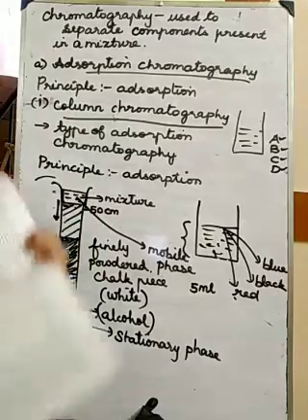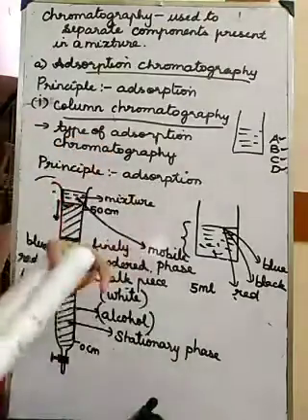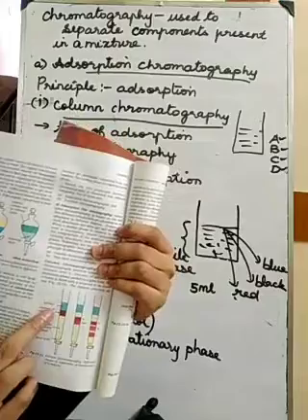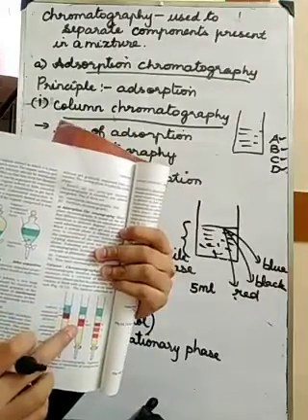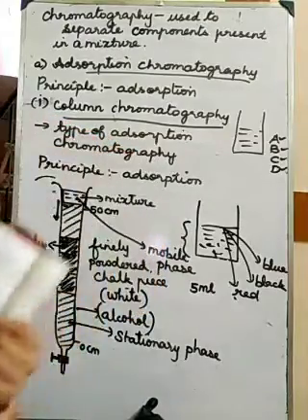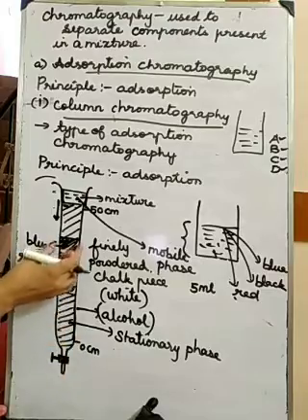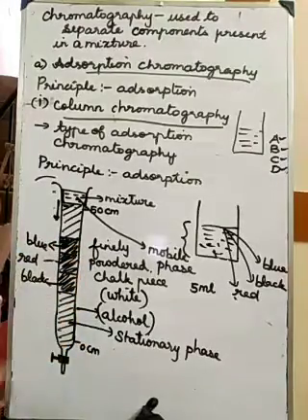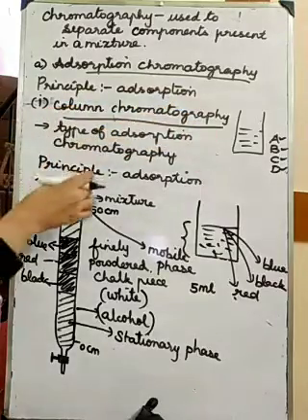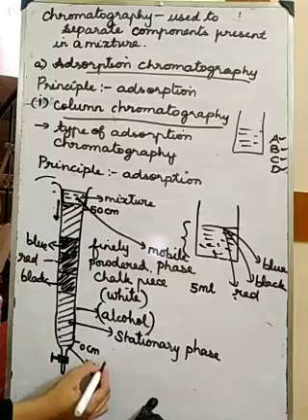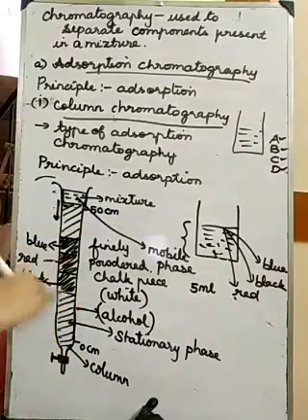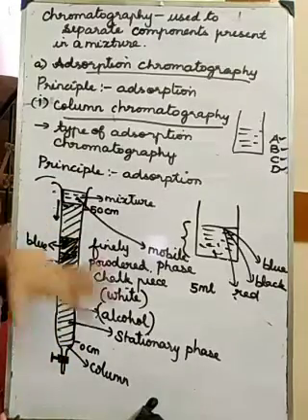In your book they have given the diagram clearly like this. They have taken the mixture first. When the mixture starts moving downwards, what is happening? It is separating into different colors. In the white burette, you can see different colors like a rainbow getting separated. So this is called what? Column chromatography. The burette here is referred to as the column. In the column, the colors get separated row-wise. So this is called column chromatography.